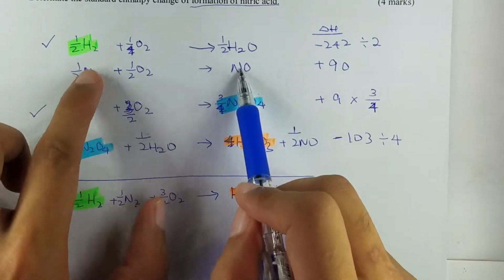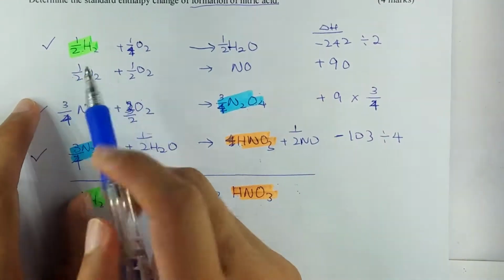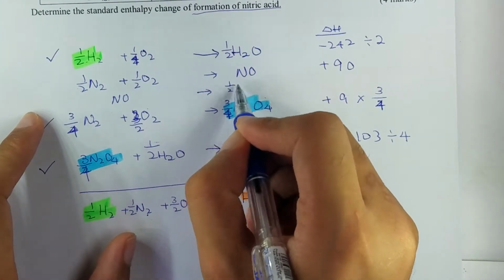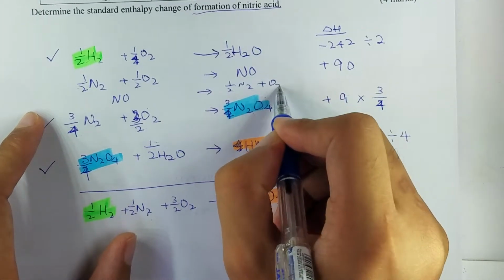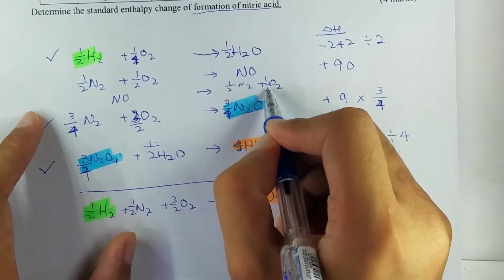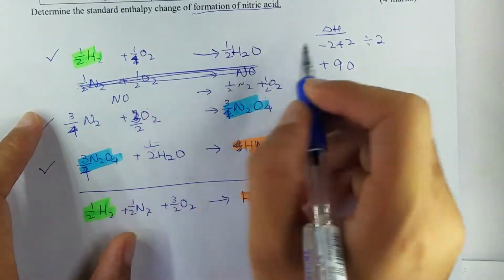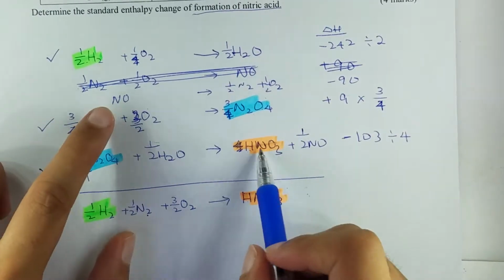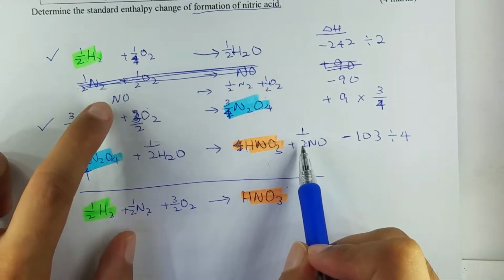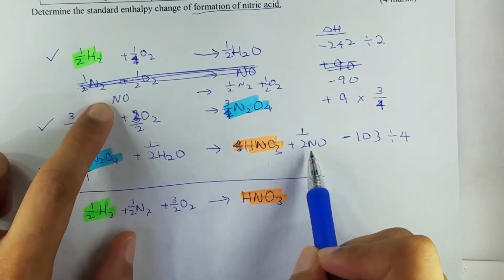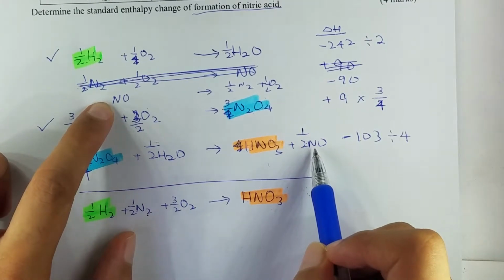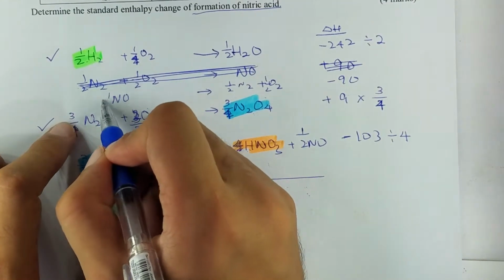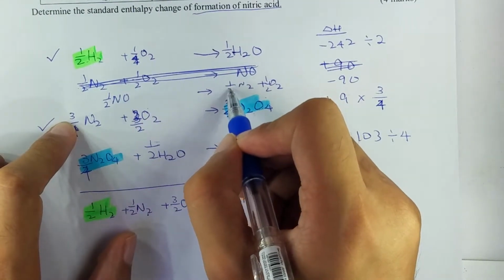How? So we have to move this one to the left side. So we put this one NO becomes half N2 plus half O2. So we get rid of this side and this will become negative 90. But you will notice, can we delete it yet? No. We have 1 mole here and we have half mole of nitrogen oxide. So what we do is we have to divide it by 2. So the whole equation divided by 2,